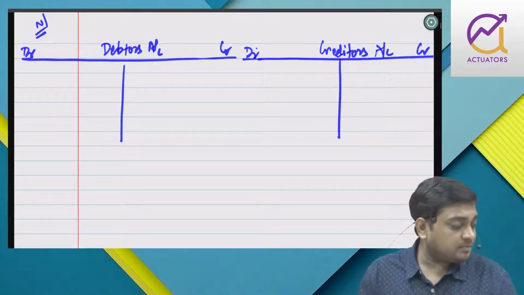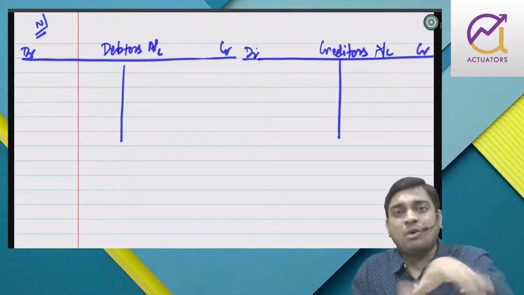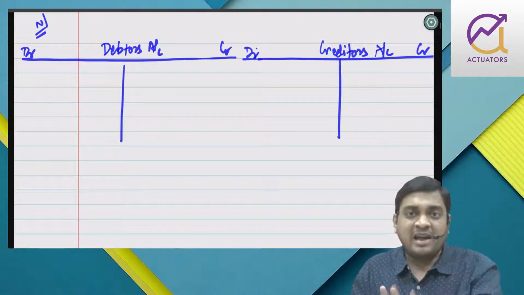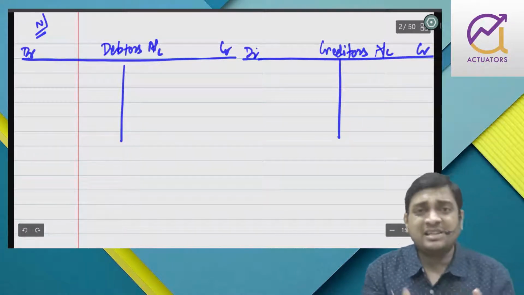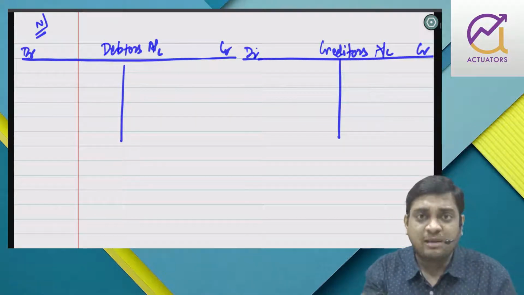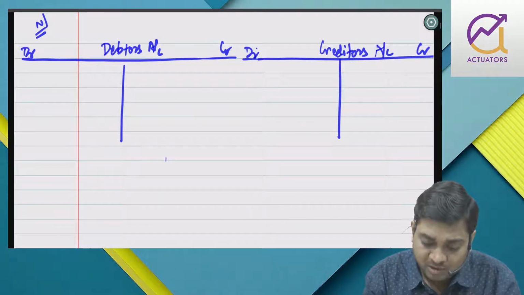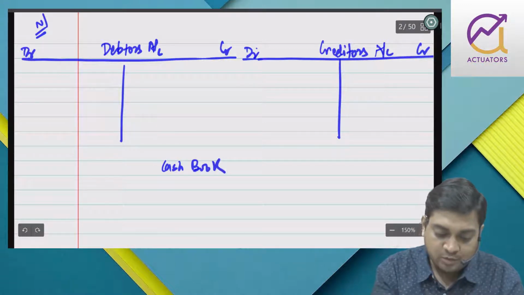Right? Now, they have given us analysis of the passbook. So let us prepare bank account, right? Cash and bank both. So we will prepare cash book. Might be there is any other thing missing which I will come to know later on. So it's better to prepare. When I am preparing cash, I can prepare cash and bank together. So I'll prepare one cash book.